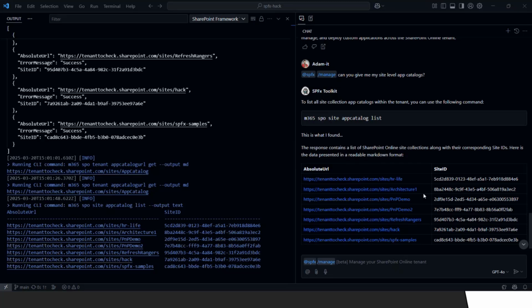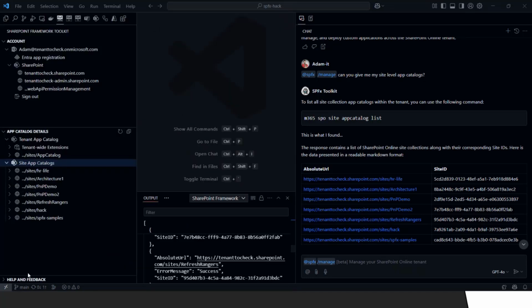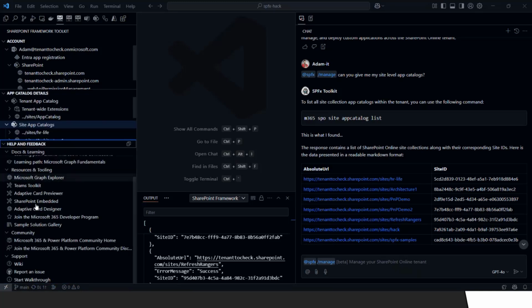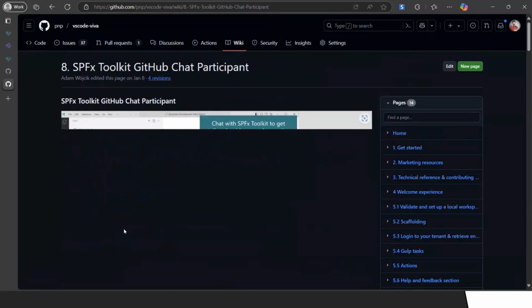So even though it's GitHub Copilot, an LLM, you can kind of anticipate what it's capable of and what features it can do. If you're familiar with SPO commands for the CLI for Microsoft 365, you can probably guess what it's capable of against your tenant. And if you want to see in detail what it's actually capable of, go to the SPFx Toolkit docs, here in the help and feedback section, we have docs. And then if you go to the SPFx Toolkit chat participant, here we explain all the commands that it does,